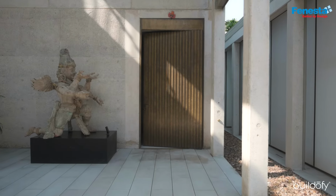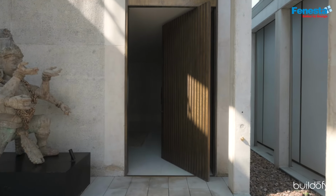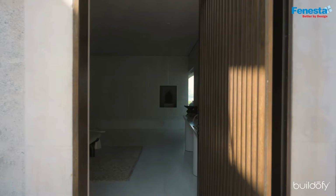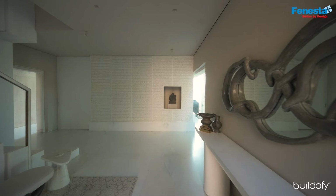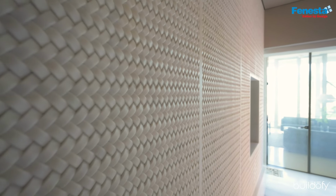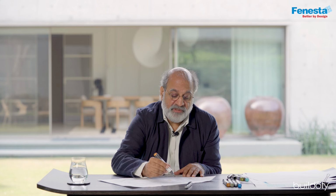You can enter directly into a vestibule which is highly evocative. The impact of the glare reduces, and we have, as per Vaastu here, the temple. The temple is positioned as a little island, and it's very beautifully crafted in marble. From here, which is a pivot or a hinge to the entire building,